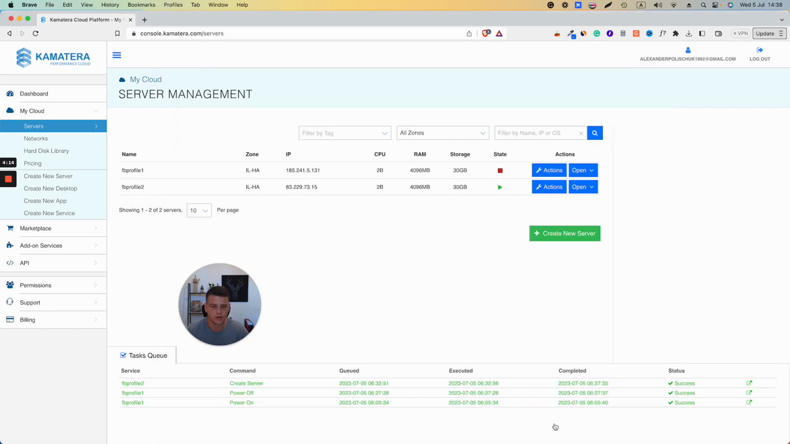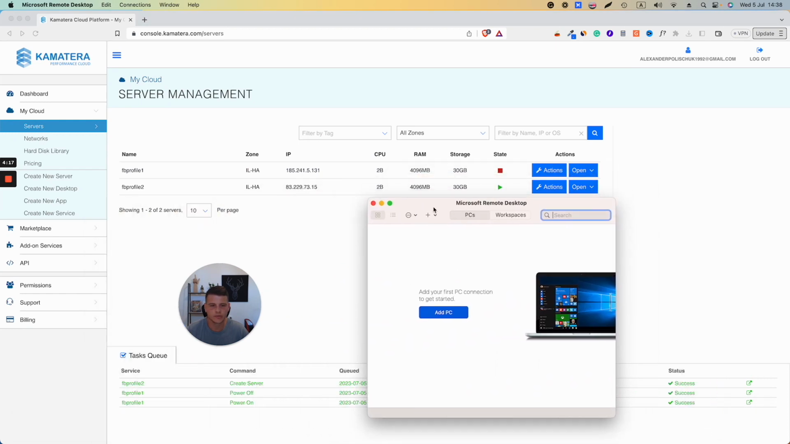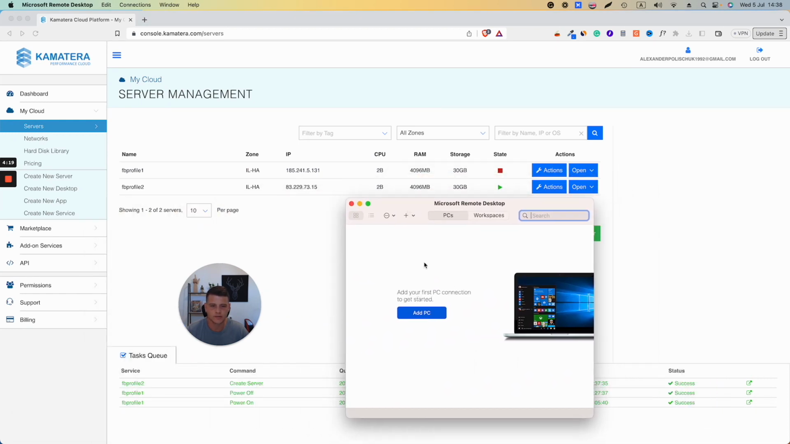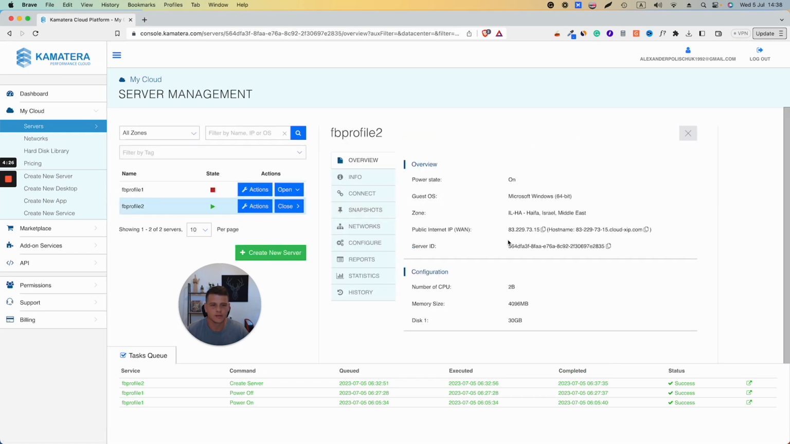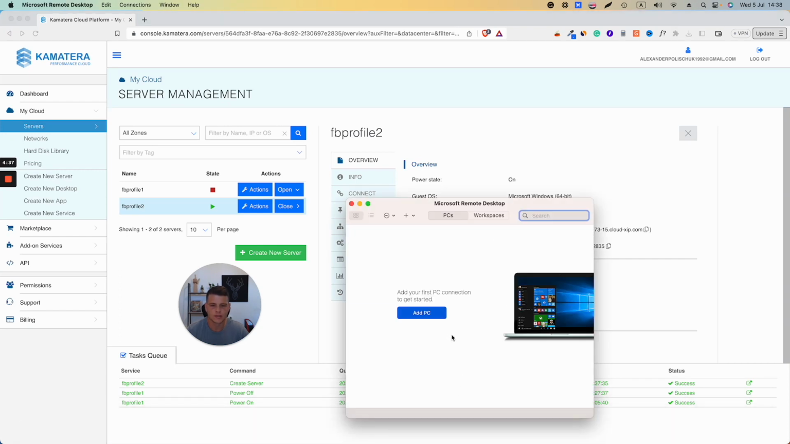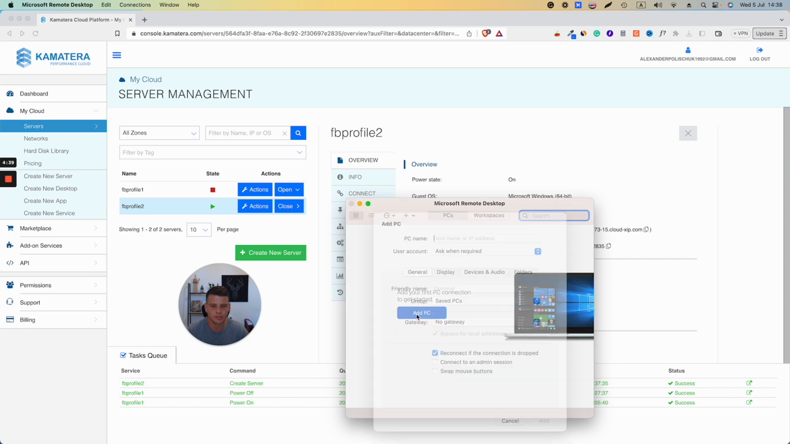So I will go ahead and open this app, and what we need to do over here is add the server to this app. So what we'll have to do is go to this server, and we would like to copy the public internet IP. Click copy, then go back to the remote desktop app and click on add PC, and over here